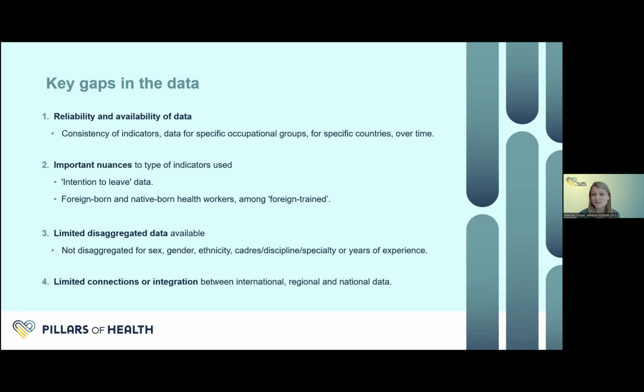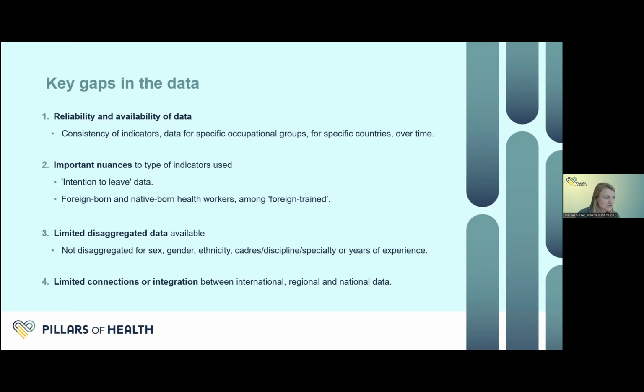Some important nuances, as I said, nuances to indicators. So this recognition of qualification might say something about intention to leave and not necessarily about the reality. And then there is proportion of foreign-born and native-born health workers among the foreign trained. Another